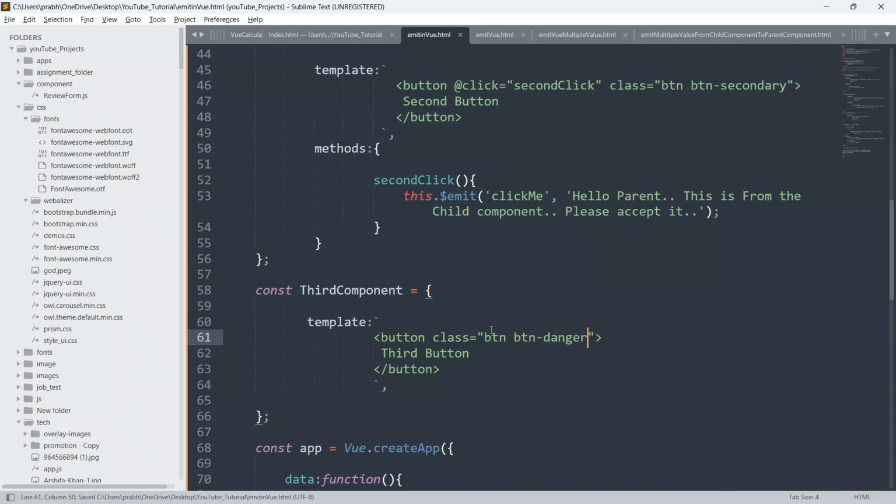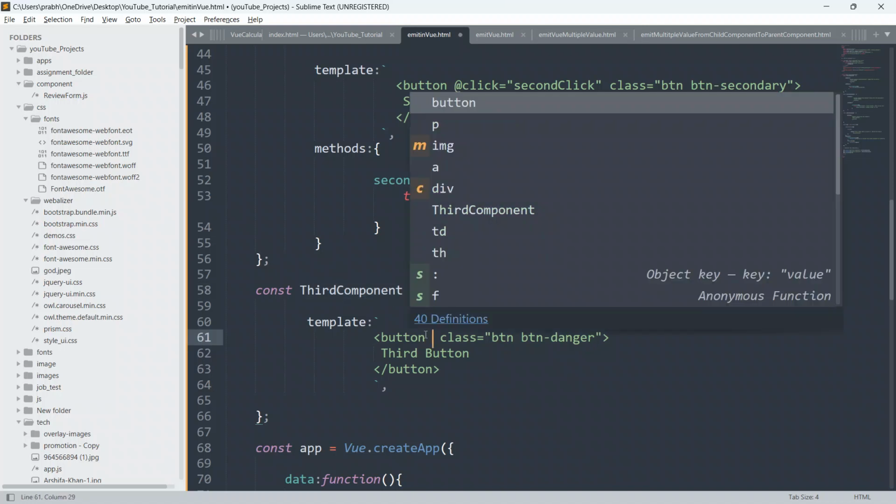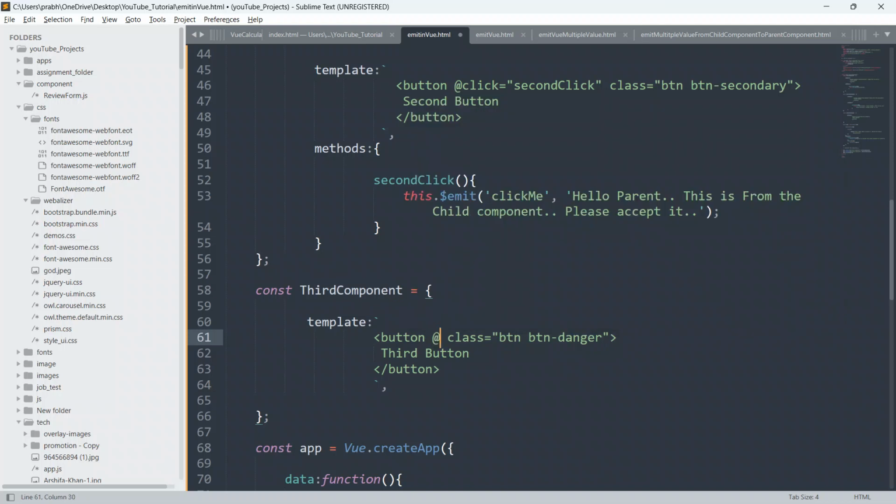So we have to define one method also which will trigger the emit. Okay, custom event method which will be emitted by this third component, child component. So we will just define one method for the trigger. So I'll say here @click.